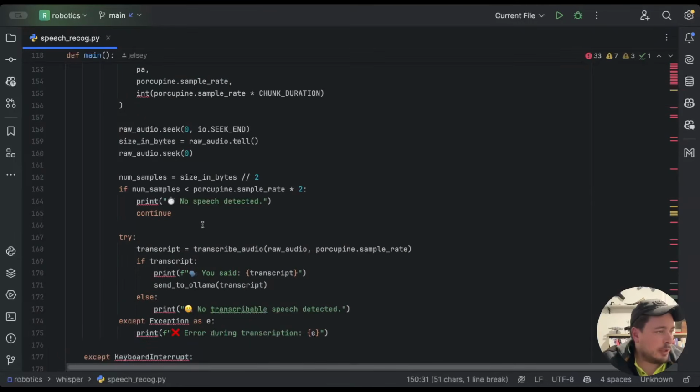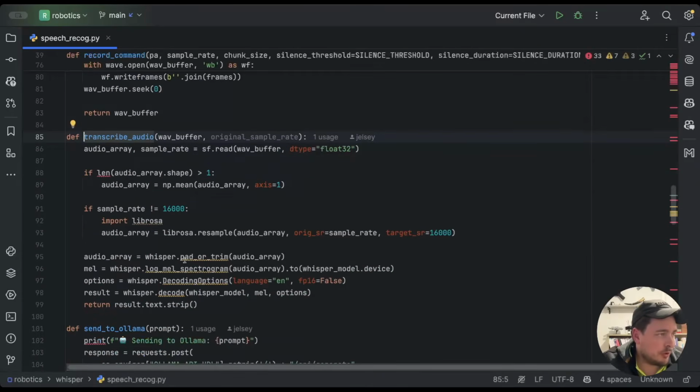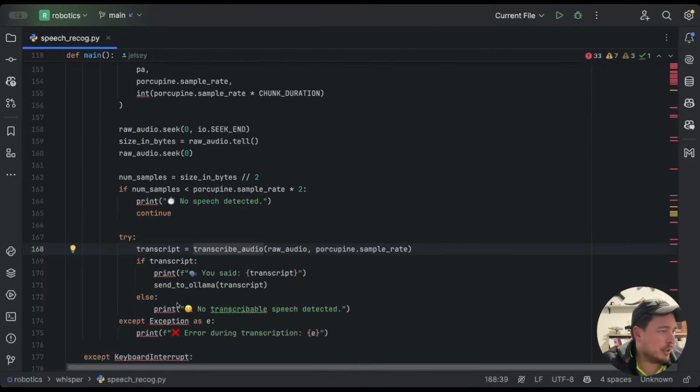So what we do is, after that, we capture the audio until it hits a quiet period, and then at that point it will try and transcribe all of that audio. So this is using the OpenAI Whisper SDK, and that's trying to decode the audio, and then you'll get a text from that audio. So when we've got the text, we print out "you said blah blah blah,"